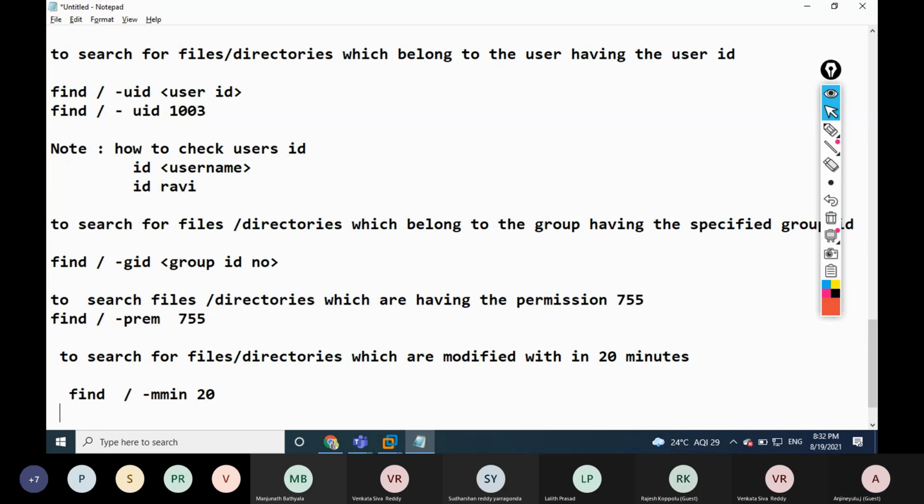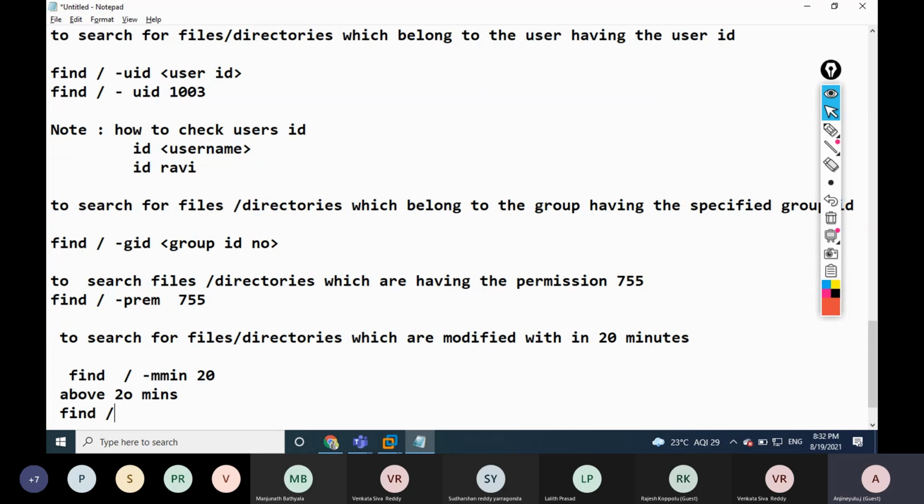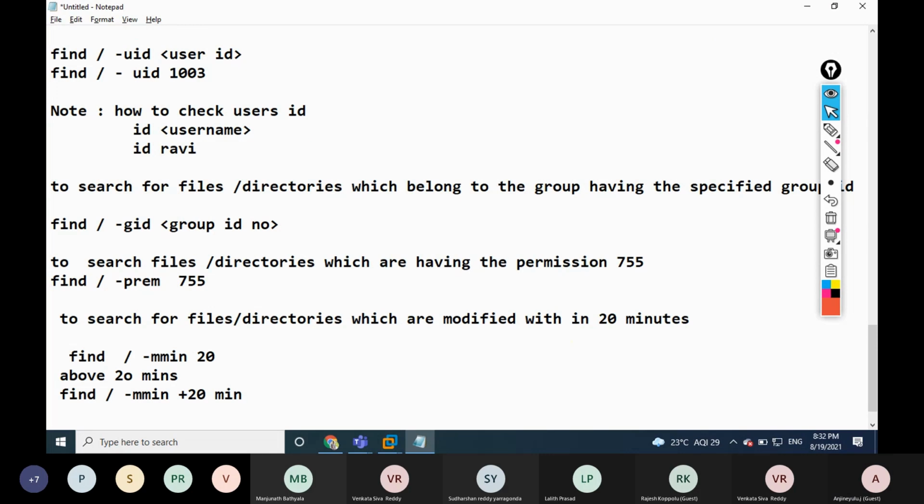Okay. So for example, about 20 minutes, how can you find out? Find, then hyphen mmin, then plus 20 minutes. Okay. Then below 20 minutes, what we have to do?